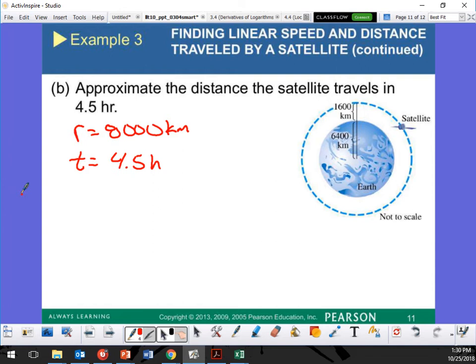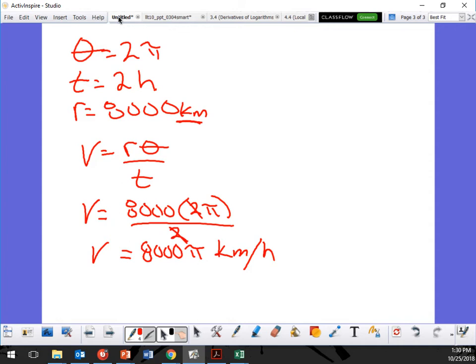Okay, so now the other one that we just did, that was at a specific time, wasn't it? So at a specific time, it was that. So I get my velocity is going to be 8,000 pi kilometers per hour. Okay, so I could use this one here, but if you notice, I can't use the same t, and I can't use the same theta, because those two go together. But I can use my velocity. My v is going to be the same for all of these,